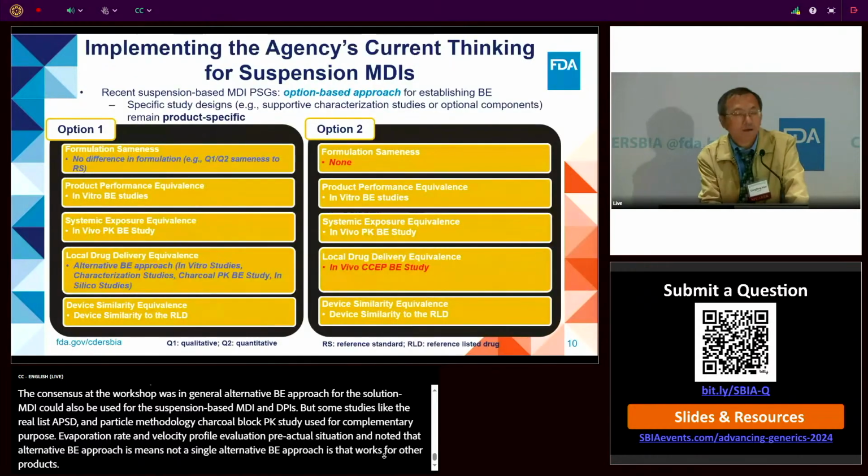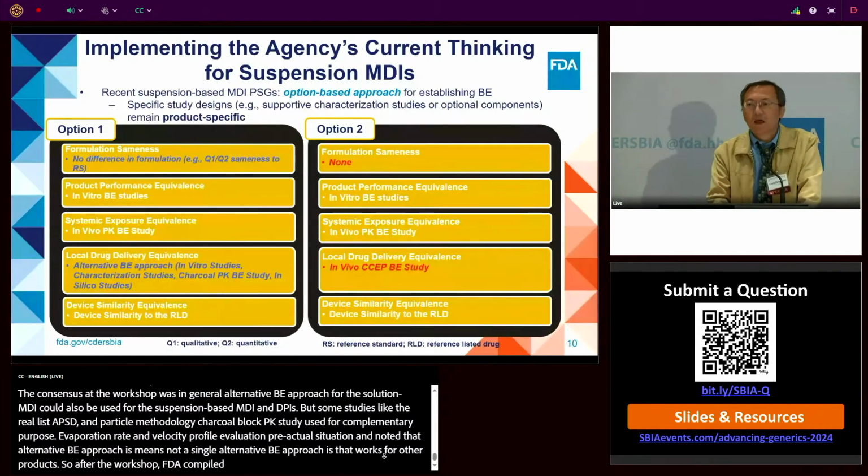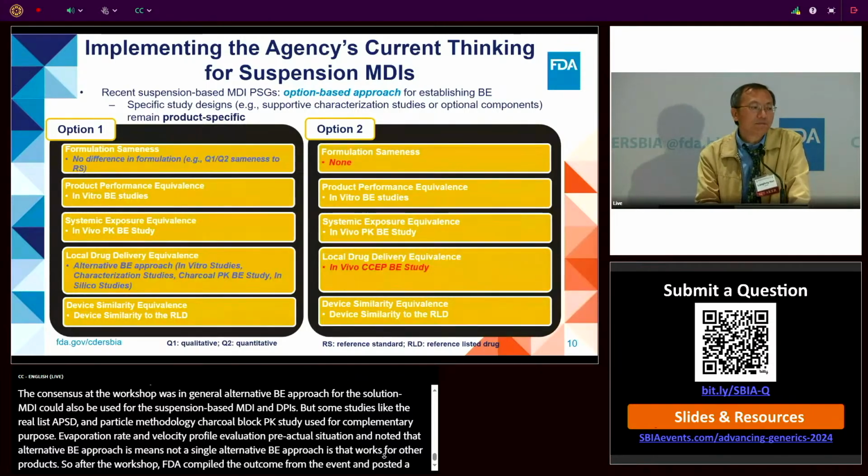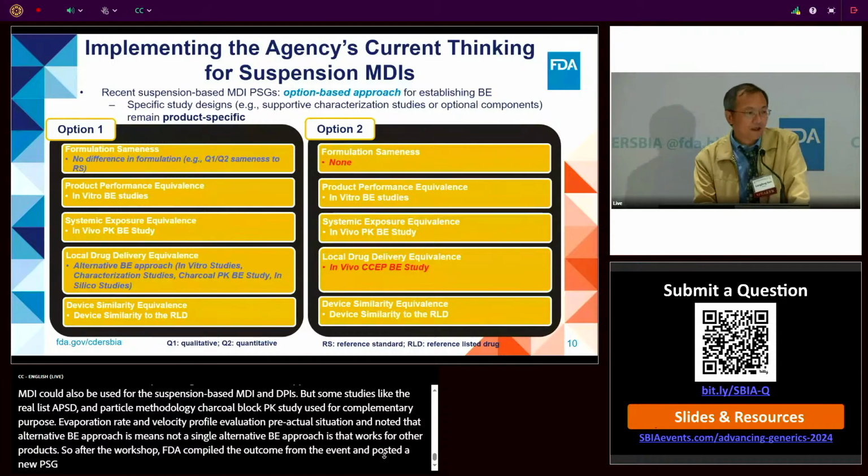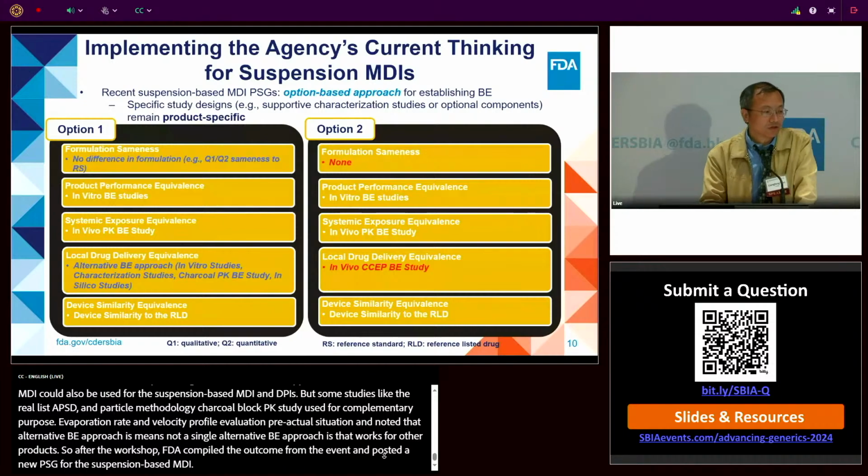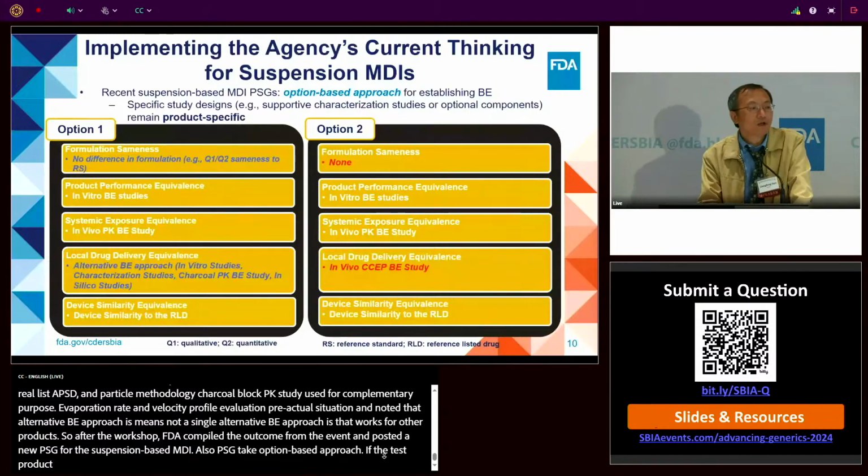So after the workshop, the FDA compiled the outcomes from the event and posted the new PSGs for the suspension-based MDI. All these PSGs take the option-based approach. If the test formulation is Q1, Q2, the same as the RLD formulation, and the test device is similar to the RLD device,